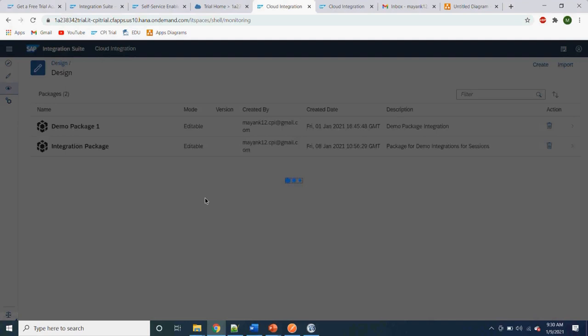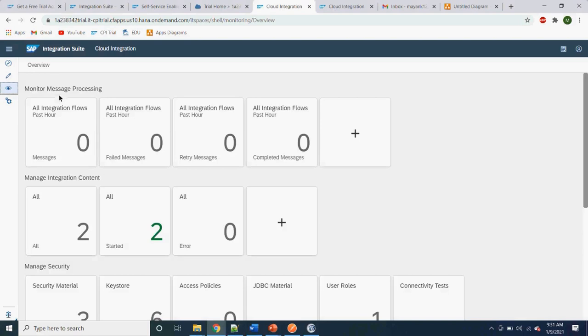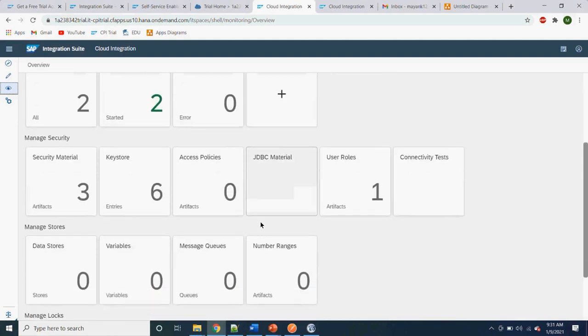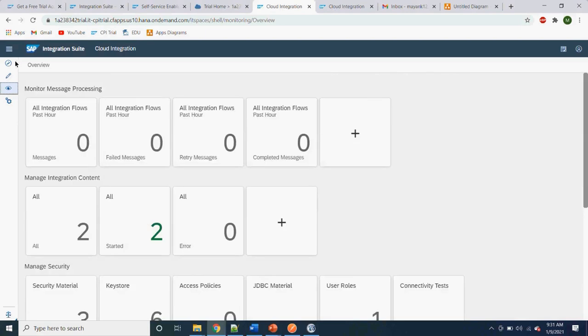Another is the Operations tab. From this Operations tab, we can maintain and manage our integration scenarios. We can monitor our message flows from here. We can maintain whatever integration content we have created. Then we have security material that we can use, data stores, logs, and many other features.